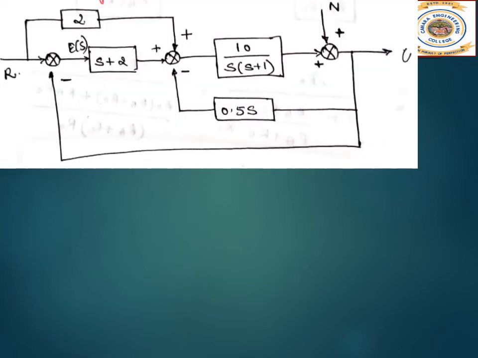So we are done with one part of the numerical. Next, what we are supposed to do? Next we have to find, as the question said, C of s by N of s. So this input you have to consider. At that instant this R will become 0. Now we have to redraw it. When R becomes 0, see what happens over here. This is R into 2 and it goes over here. When R becomes 0, automatically this will vanish because it will become 0. Alright, so now let me just redraw with R as 0.